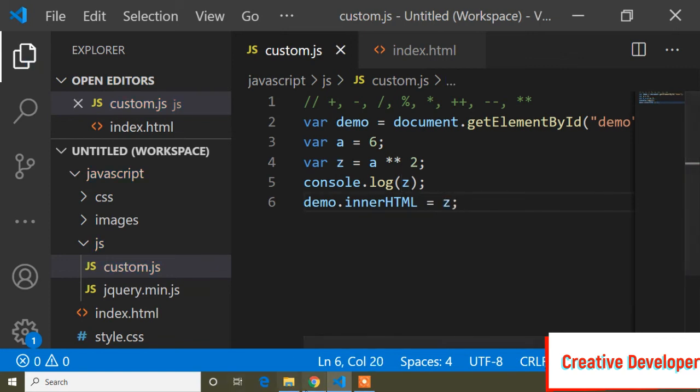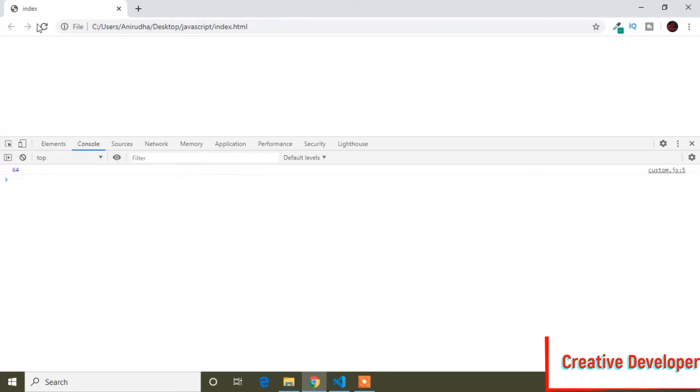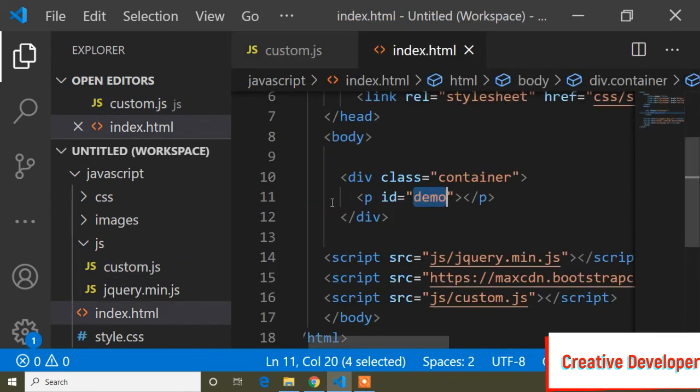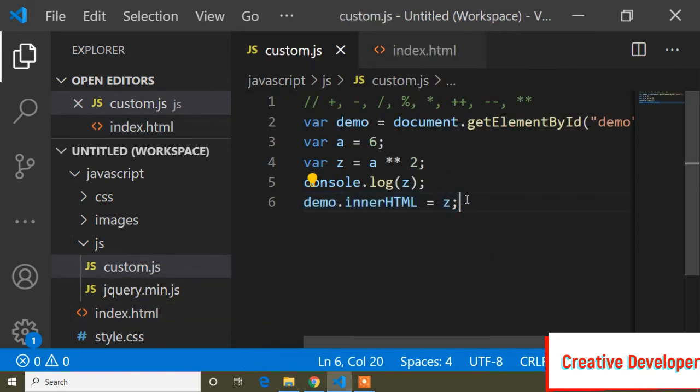So let's see if I refresh it. You can see it's showing 36 inside this p element. So inside console.log it's 36, because in console.log I printed the jet value, and in the p tag with id demo I also printed our jet's value.